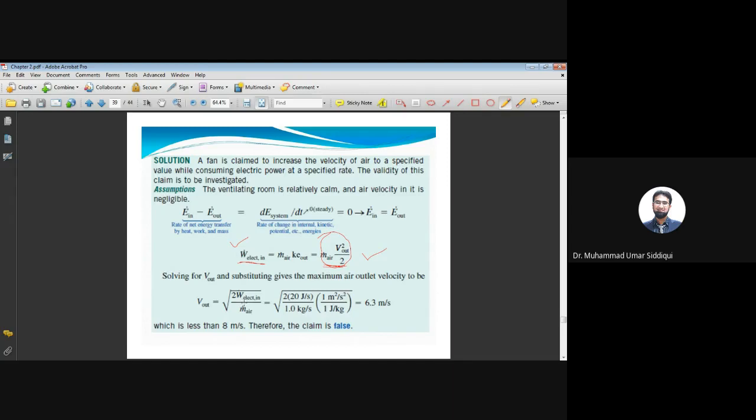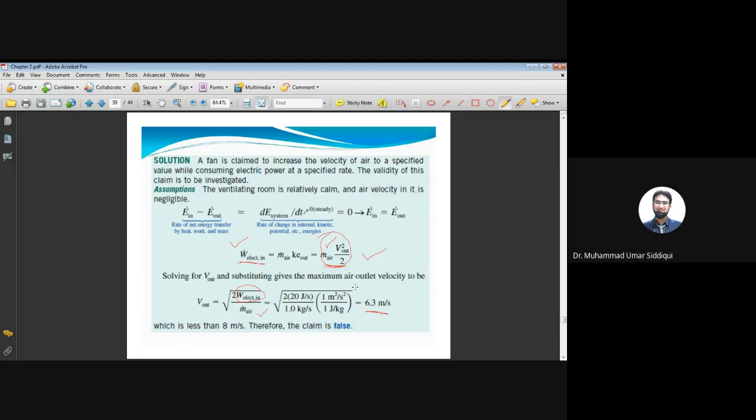Now, what the manufacturer of the fan is claiming is that the fan is going to utilize 20 watts. So let's put 20 watts here and see, if we know the discharge, what is the maximum velocity that could be generated. If we put the mass flow rate discharge of the air, and we provide work electricity in as 20 watts, then what we find out is that the maximum velocity, let's say there are no losses in the system,